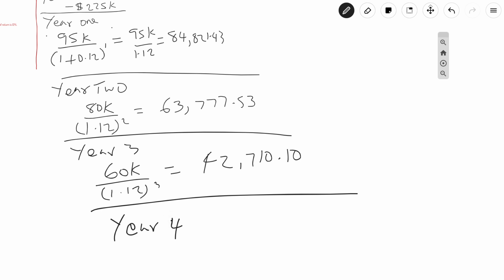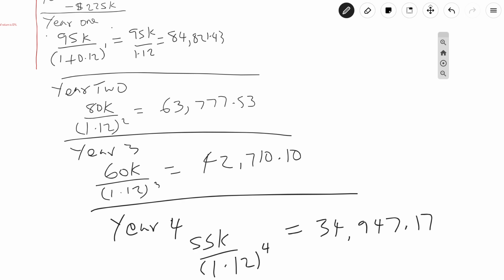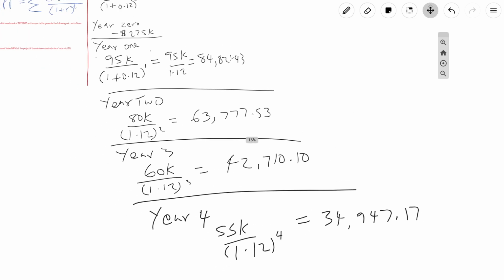And the amount flowing in to year 4 is 55,000. We divide that by 1.12 to the power of 4, and we get 34,947.17. What you should do at the end of the exercise to bring everything together is to add up the